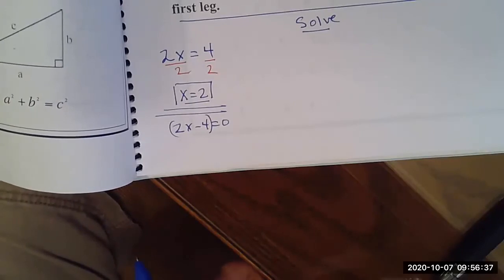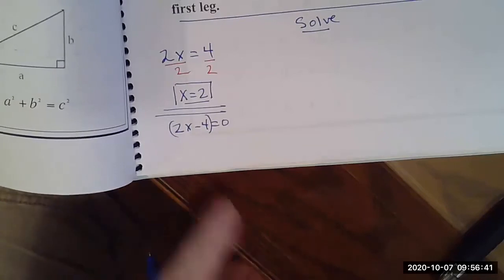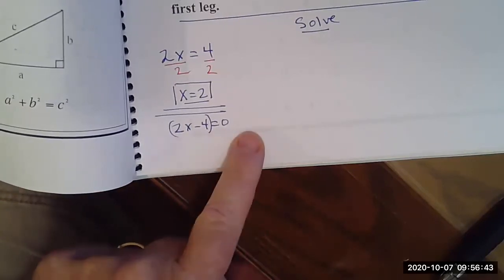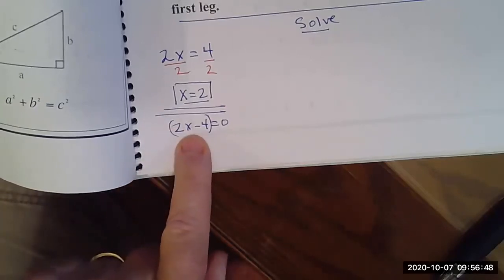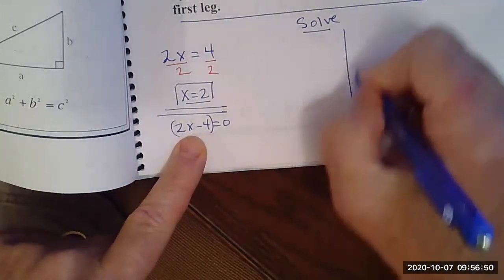Okay, so you have a problem that looks like this, and you're still trying to solve. So Randy, you'd move the 4 back over here, and then divide by 2. So what was the point of this? If I had